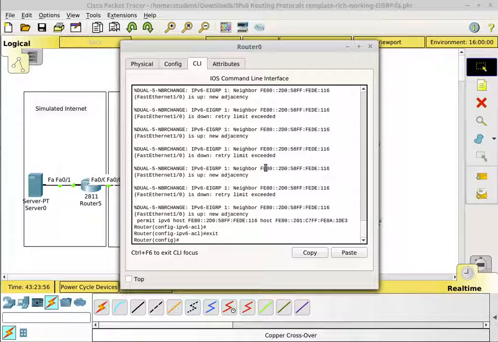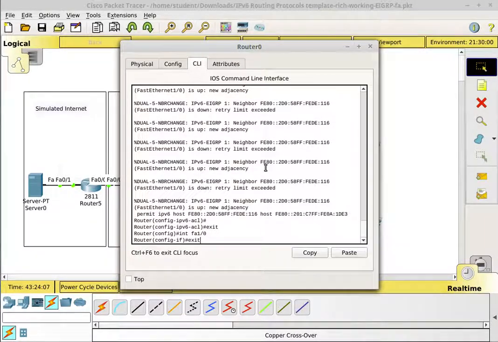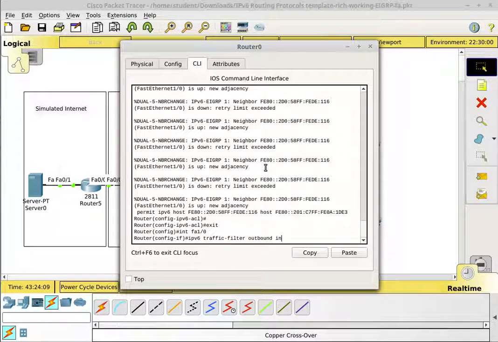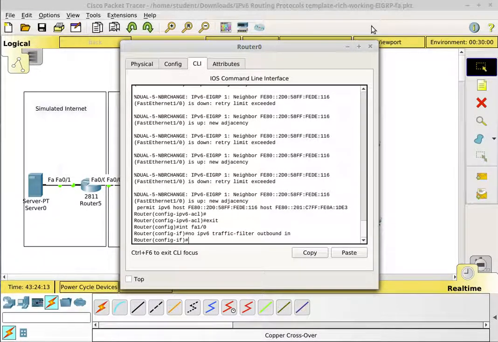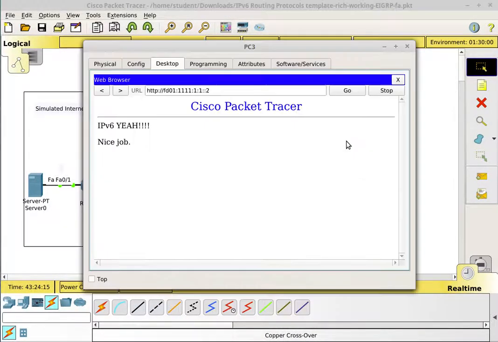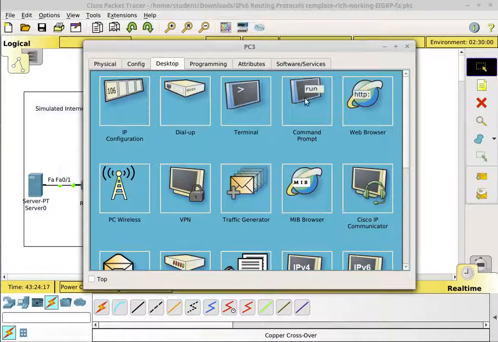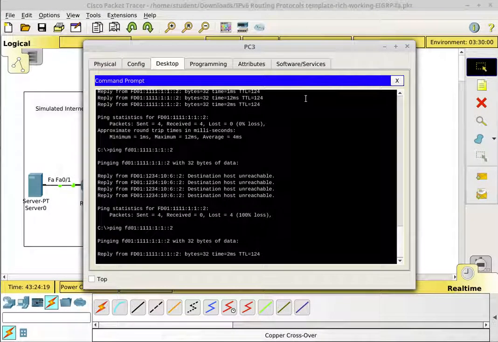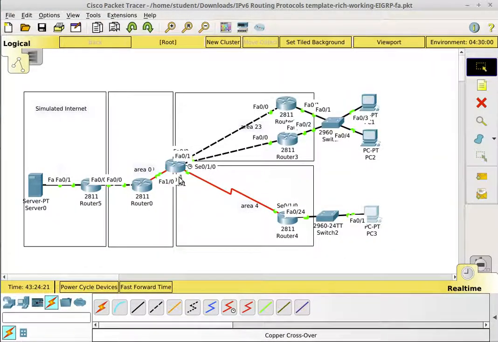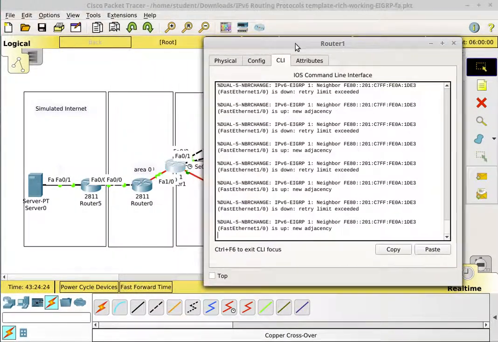So we're going to take the access list off. All right, so now there's no access list on that router, so everything should be working. I should be able to ping again, because that's the thing I'm testing. I can ping again. Now we're going to build a similar access list and put it on router 1